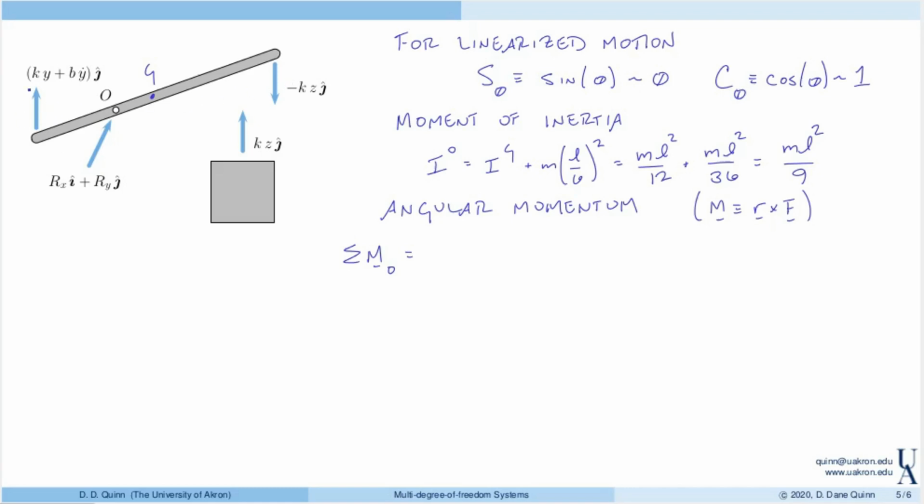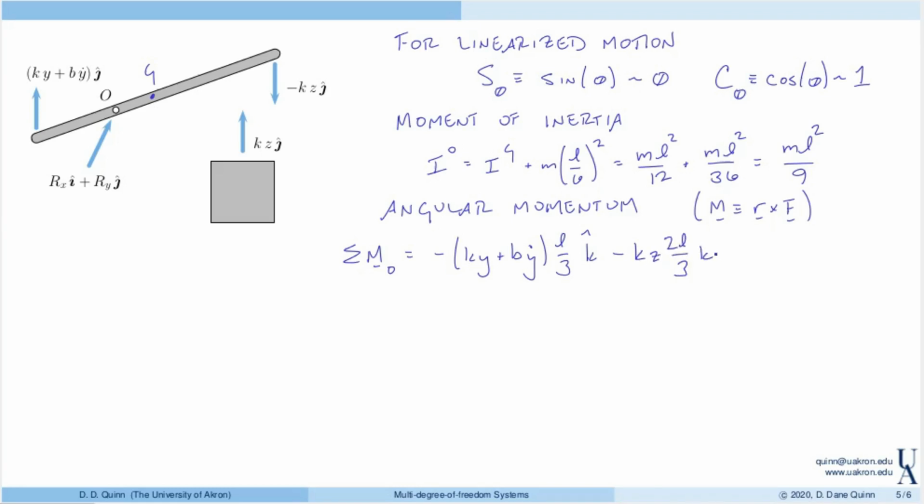One is this force on the left, which is going to produce a moment in the negative k direction, so that's going to be minus (ky plus b y dot), and then the moment arm is L over 3, in the k direction. This force produces likewise a negative moment, so that's minus kz, and the moment arm is 2L over